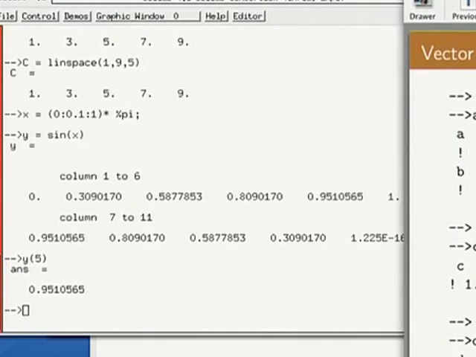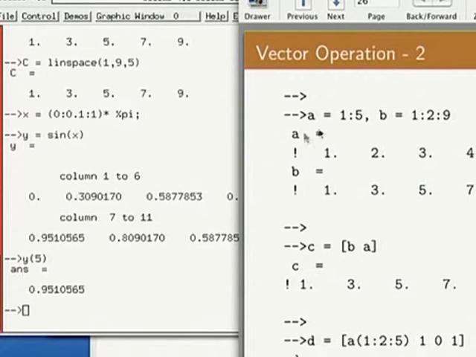For example, if I say A equals 5, I get this 5. A equals 1 to 9, I get this. The difference is here I have not specified the increment operator. For example, when I say B equals 1 to 9 in steps of 2, it says 1, 3, 5. The difference between successive numbers is 2. What is the difference between these? I have not specified it, so it is taken as 1. Default is 1. So when I say 1 to 5, it says 1, 2, 3, 4, 5 in increments of 1, and then this is B.